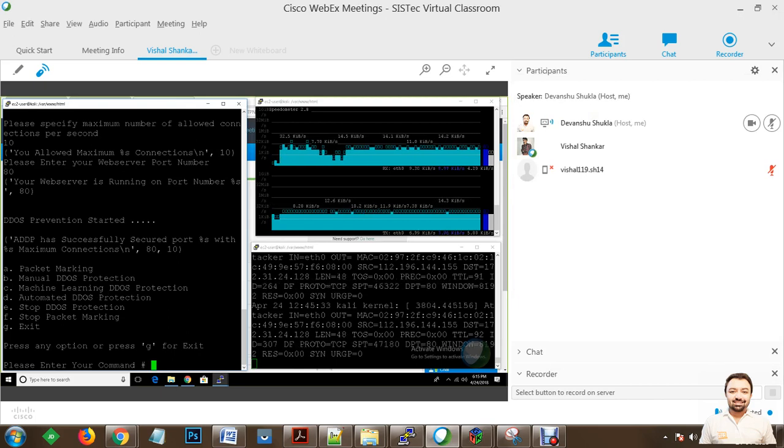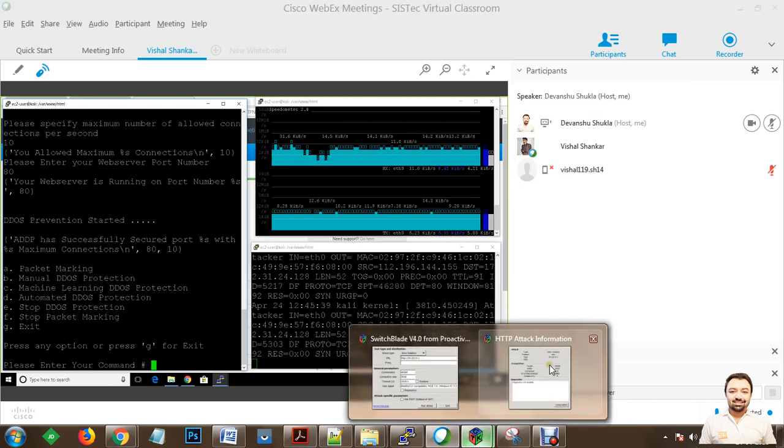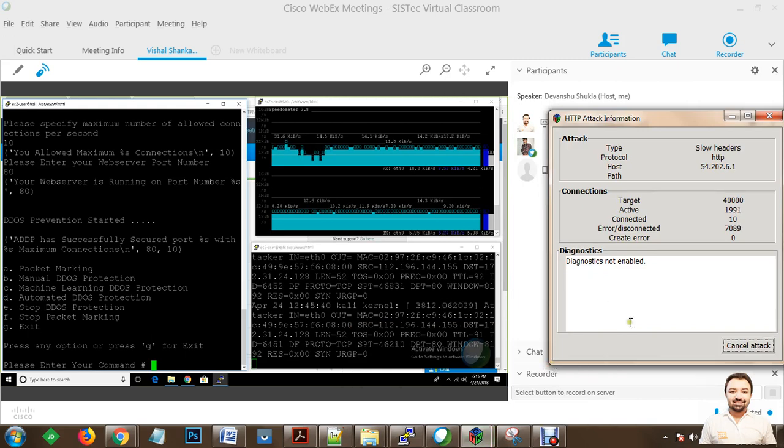So depending on the number of attackers and actual users, we are going to shift this threshold, and this will be an optimal threshold, so that in organizations where multiple users could be connecting to a website, they may not be limited.